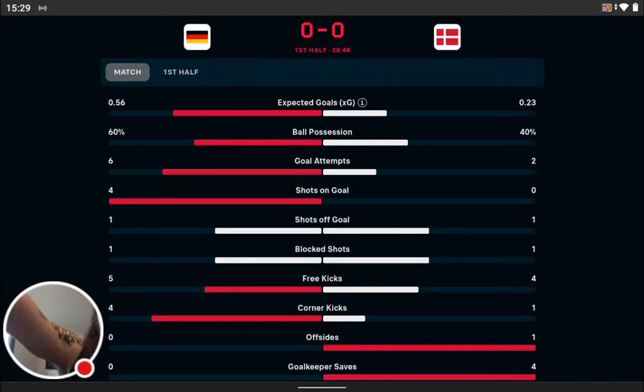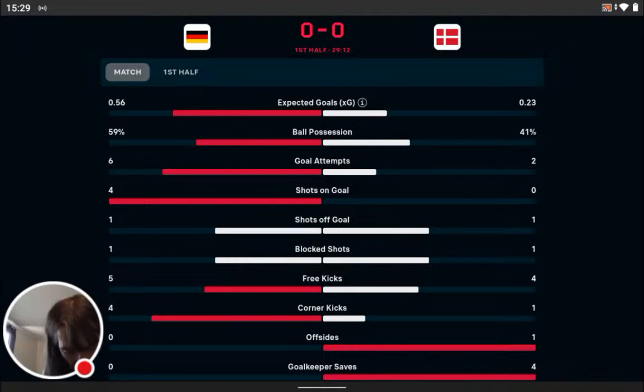It is Germany 0, Denmark 0. 28 and a half minutes gone as Kroos has possession just inside his own half. Full pass though, looking for Andrik, picked up by Christian Eriksen, and now Højlund driving through the midfield, trying to go round Rudiger, and he does so, but back comes Kimmich. Great fullback cover from Josh Kimmich as Rudiger looked to have been beaten for pace by Højlund running round him,